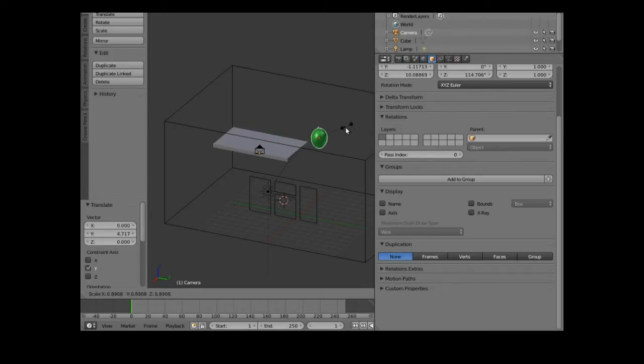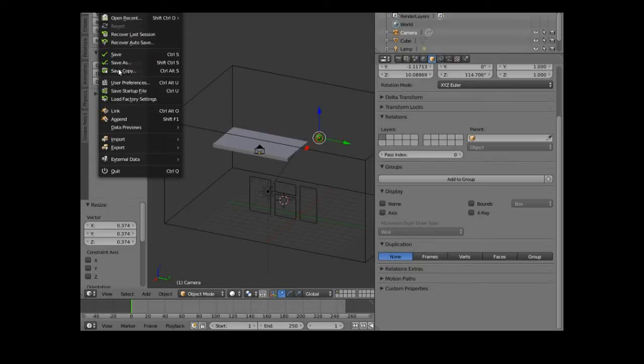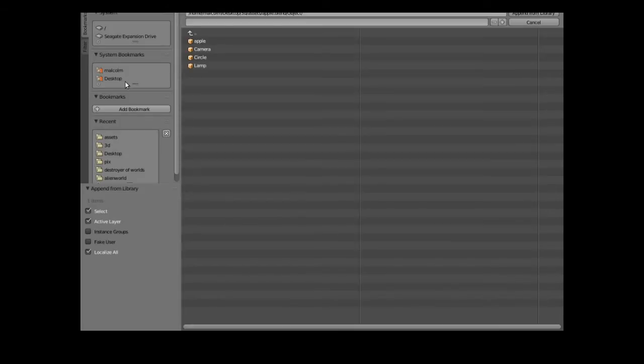So I scale that down roughly. I'm going to have to position that later, and I'm still appending objects, and we want append, and go to the